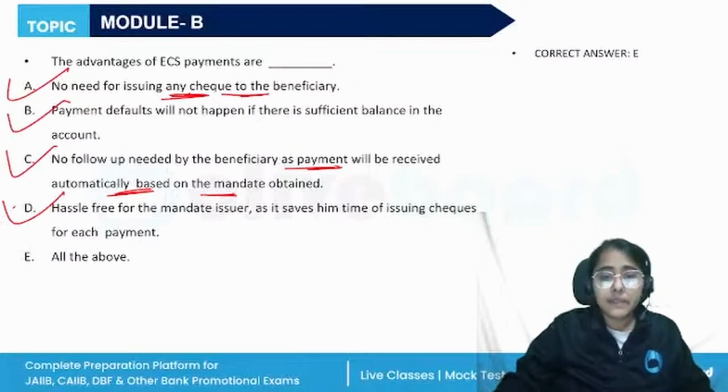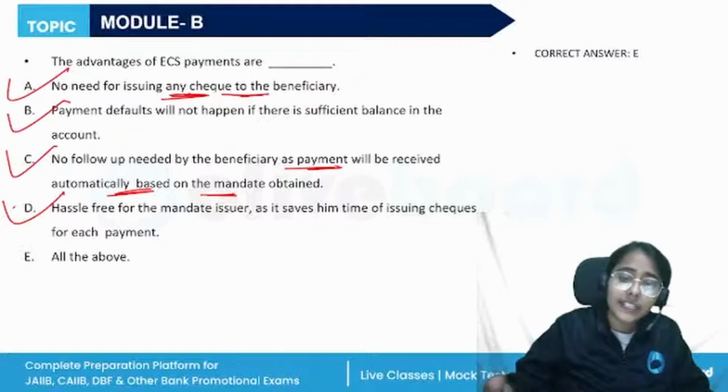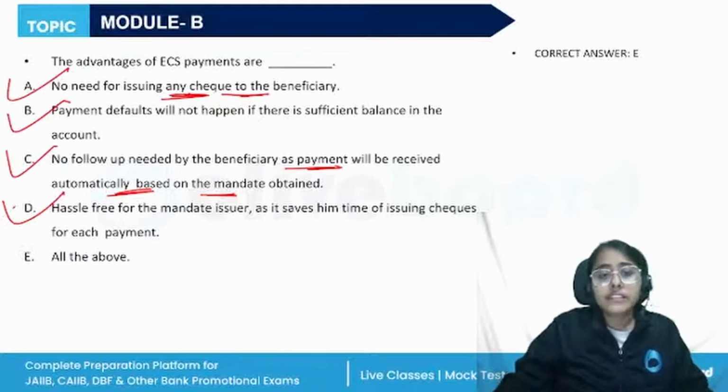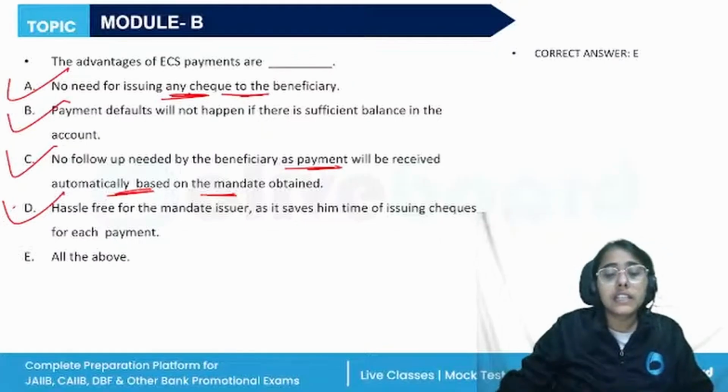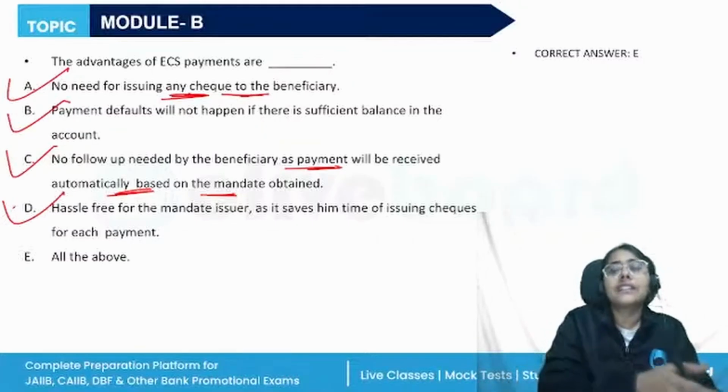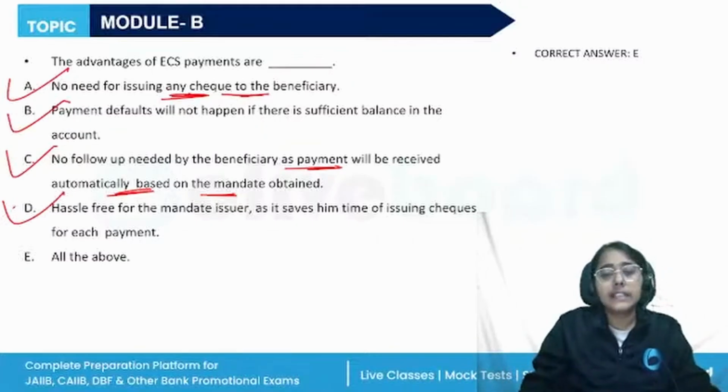So electronic clearing services, we have the ECS credit and the ECS debit, which has now been replaced by the National Automated Clearing House on the 1st of May 2016. It has taken the place of ECS. Earlier ECS had variants, the local ECS, national ECS, and regional ECS. It created a lot of problems for the users. To solve that, a national level centralized clearinghouse system has been created.